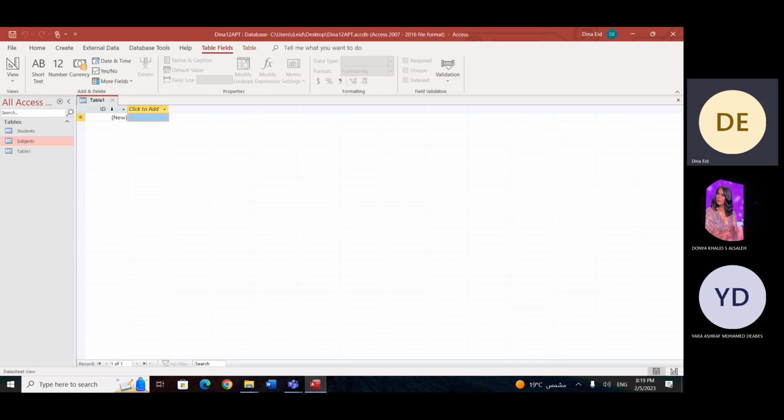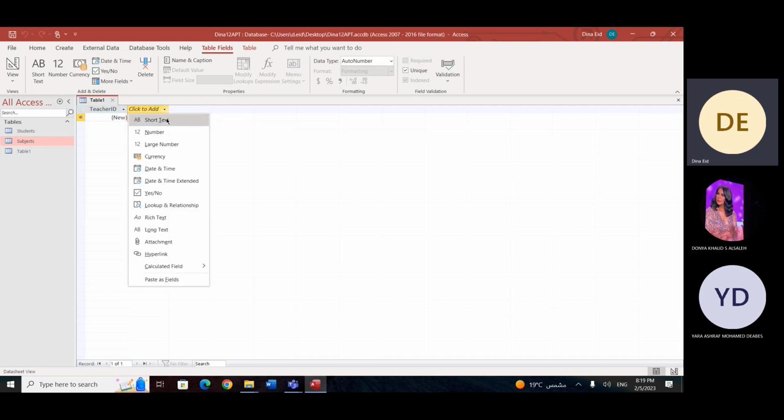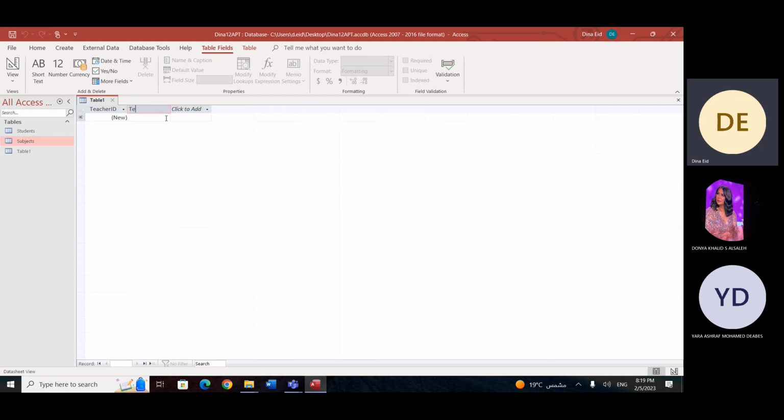So the table for the teachers, I'm just going to rename this as the teachers ID. If you want to keep it a number, it's very fine. According to the test, you need to follow the instructions in the test, but you have to be very fast doing it because, as I said, you only have 30 minutes. So teachers name,